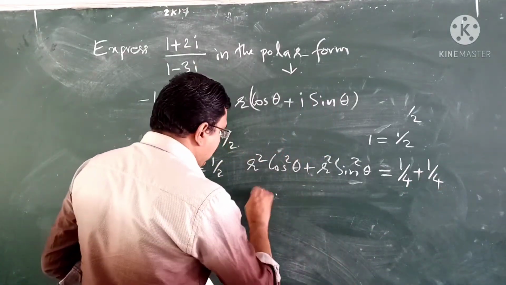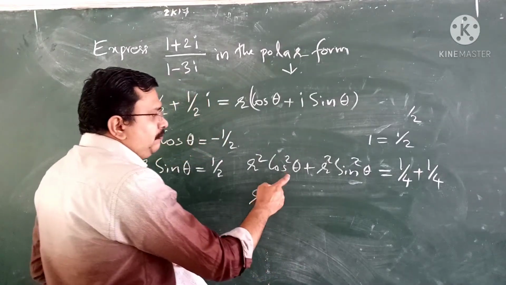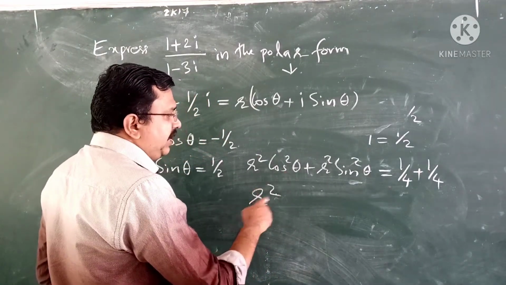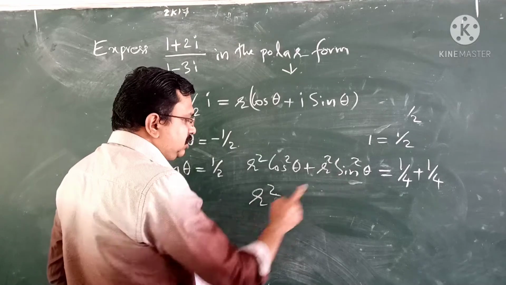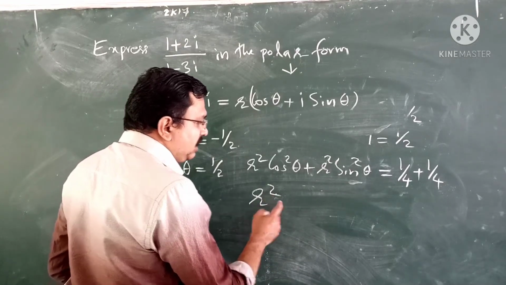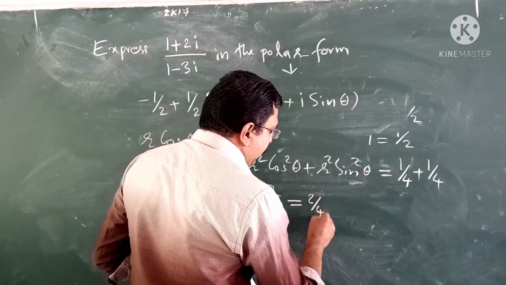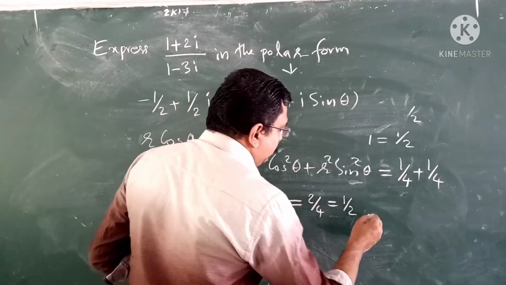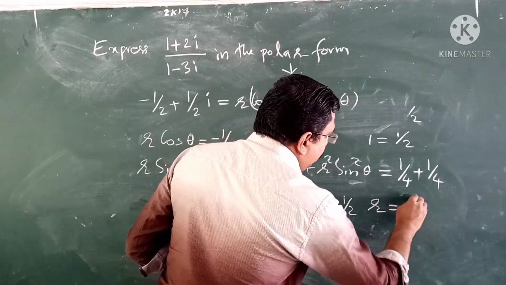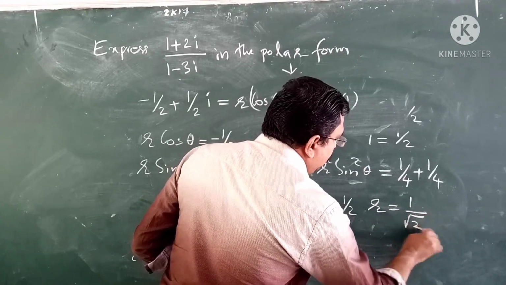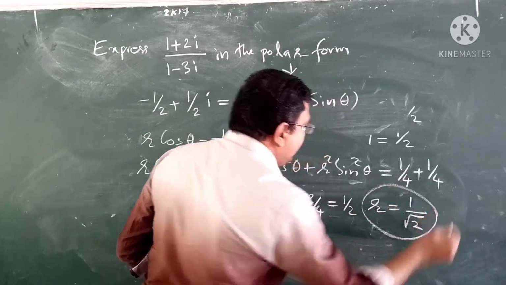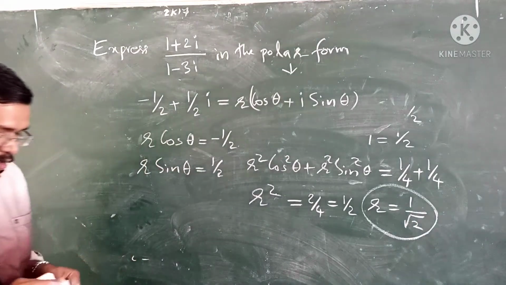That is, r square can be taken outside, then cos square theta plus sin square theta, that is 1. Therefore, r square equal to 2 by 4, that is equal to 1 by 2. That is r equal to 1 by root 2. Okay, we get the value of r equal to